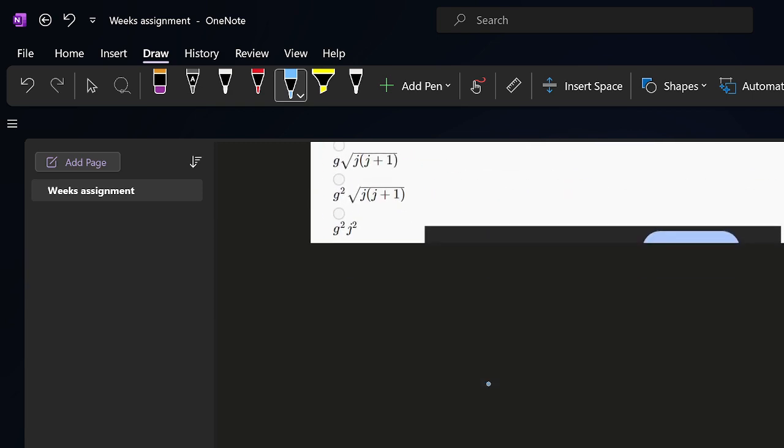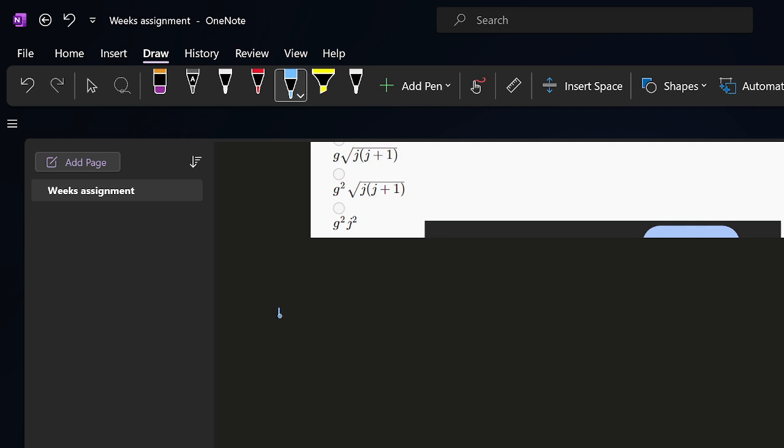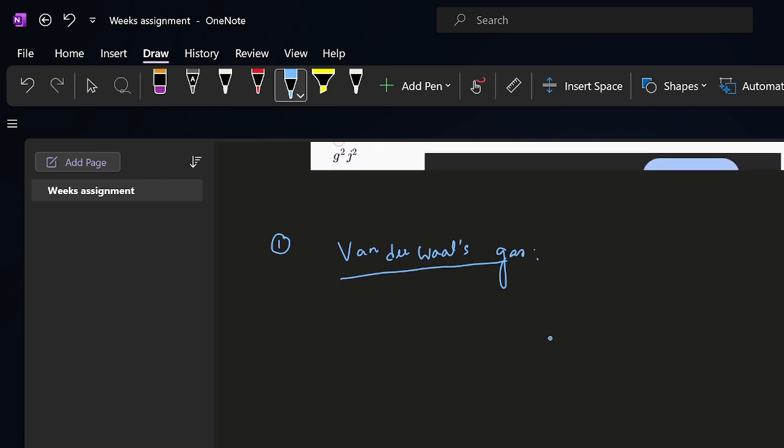So this is a single-line solution, but let me also explain how this comes about. First of all, we are talking mostly about van der Waals gas, right? So, firstly, what is a van der Waals gas? A van der Waals gas is something that is not an ideal gas. We are familiar with the ideal gas, which is the ideal scenario when we describe gases and their properties. But in reality, we do not always deal with ideal gases. It is mostly real gases, which are non-ideal in scenario. Those real gases are also known as van der Waals gas